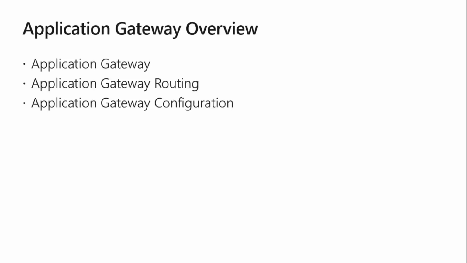So in a very simple way, application gateway is the same as a content switching load balancer or an application load balancer. You can say a normal load balancer. All those things you can get under one particular service, that is the application gateway. So we will discuss what application gateway is, application gateway routing, and the gateway configuration.